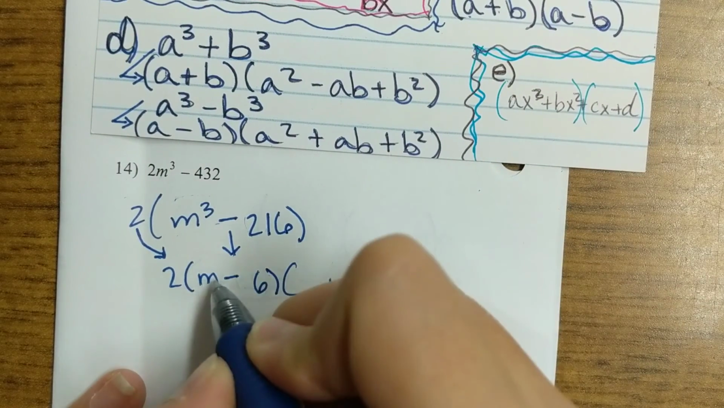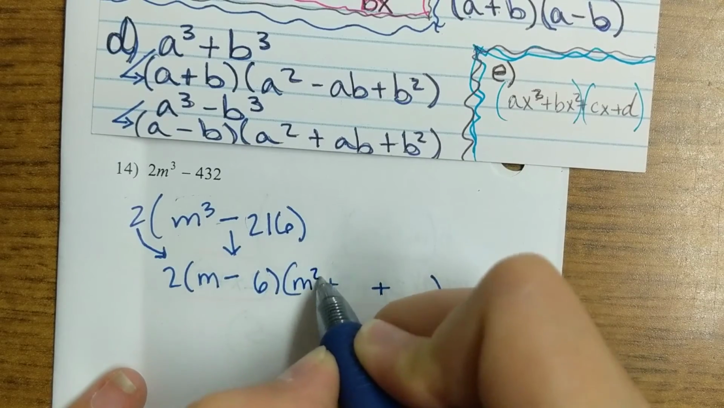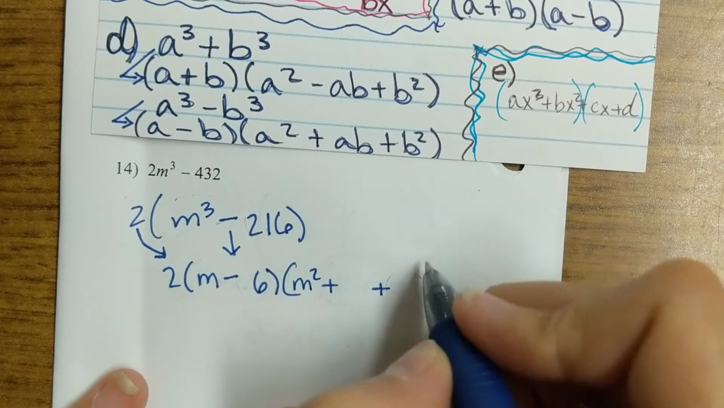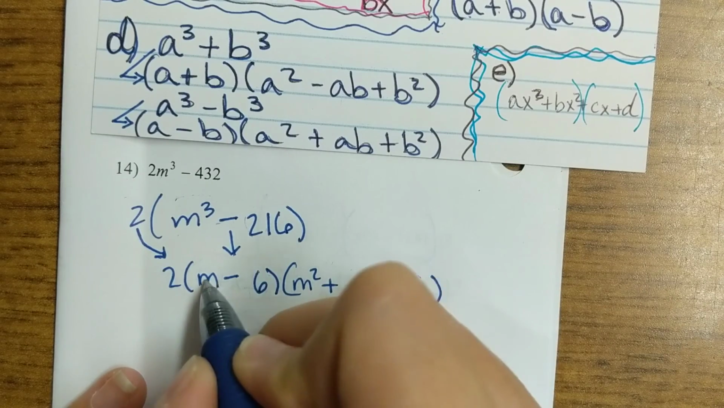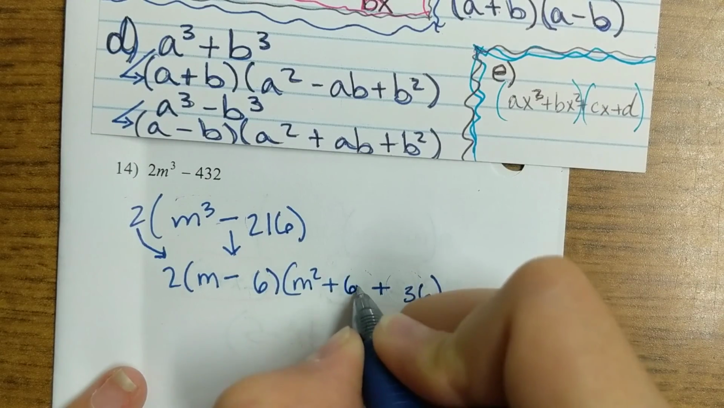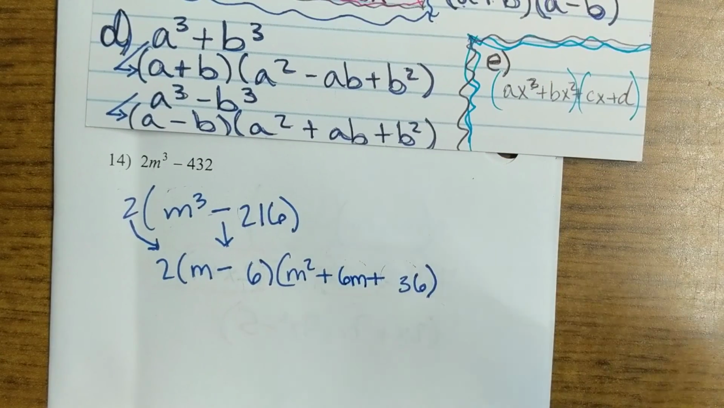So the first term is this squared, so m squared. The last term is this squared, so 36. And the middle term is this, 6 times m, so 6m. There is no more factoring that you